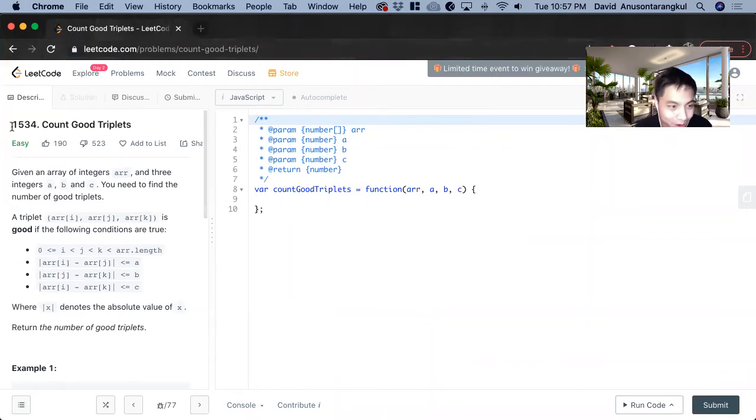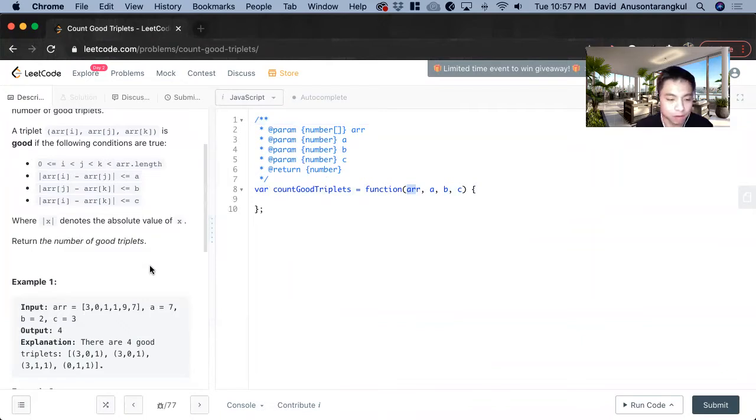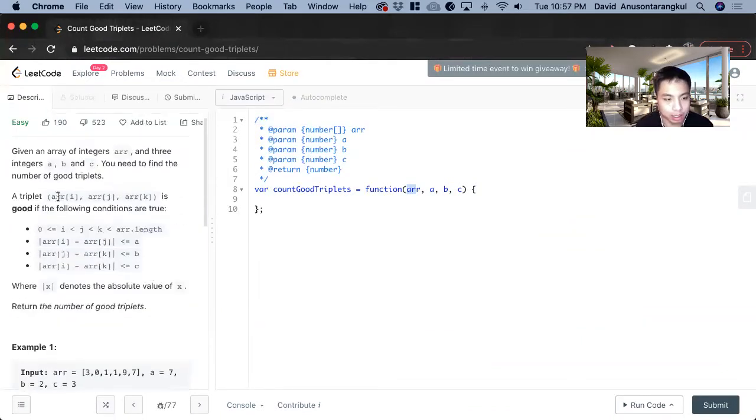Today we're going to do number 153, count good triplets. This is an easy level problem on LeetCode, and we're going to solve it in JavaScript. So basically, we're given an array, and they want us to return a count of how many good triplets there are, and the good triplets are when